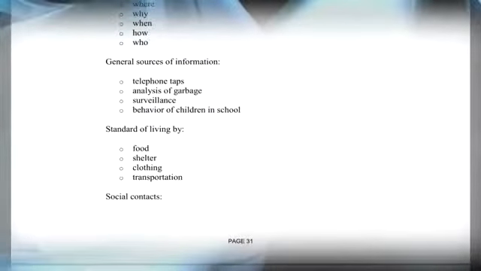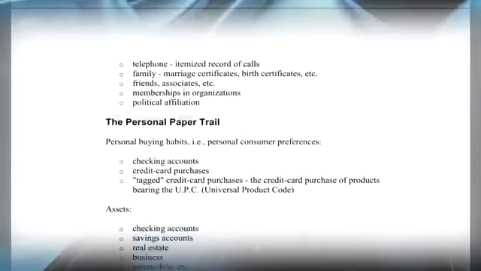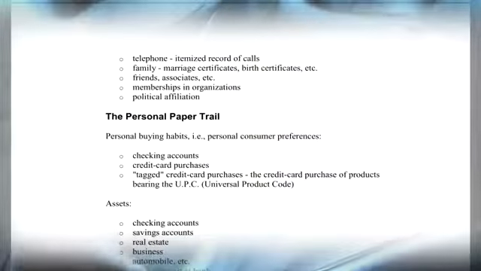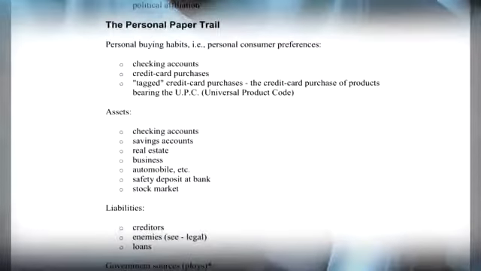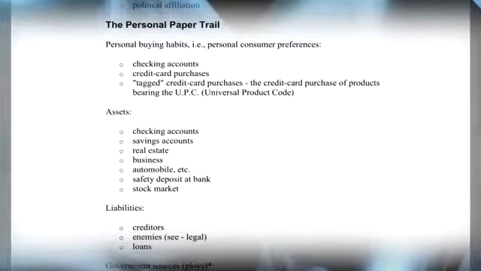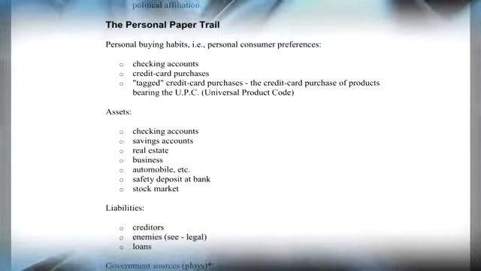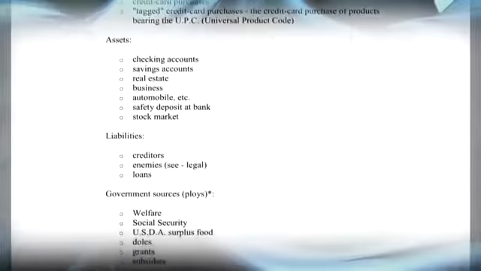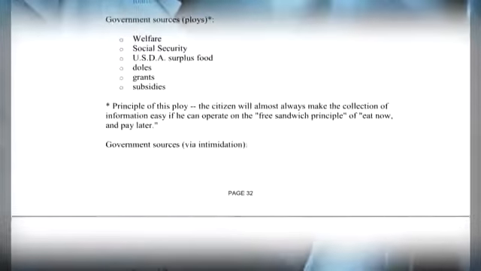General sources of information: telephone taps, analysis of garbage, surveillance, behavior of children in school, standard of living by food, shelter, clothing, transportation, social contacts, telephone itemized record of calls, family, marriage certificates, birth certificates, etc., friends, associates, etc., memberships in organizations, political affiliation, the personal paper trail, personal buying habits, personal consumer preferences, checking accounts, credit card purchases, tagged credit card purchases, the credit card purchase of products bearing the UPC code, assets, checking accounts, savings accounts, real estate, business, automobile, safety deposit at the bank, stock market, liabilities, creditors, enemies, loans, government sources, welfare, Social Security, USDA, surplus food, doles, grants, subsidies,